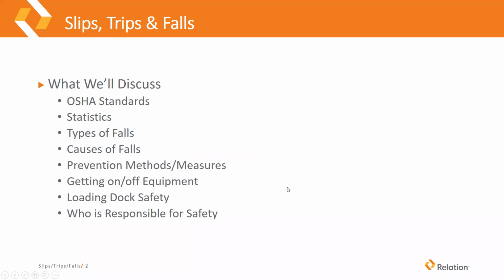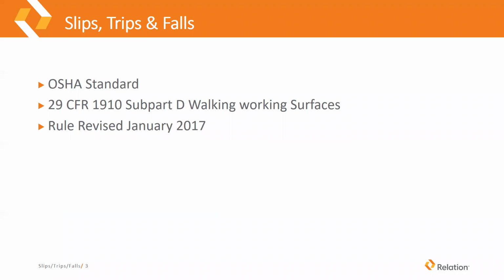All right, so we're going to discuss the OSHA standards, some statistics, types of falls, causes of falls, prevention methods and measures, getting on and off equipment, loading dock safety, and who is responsible for safety that surrounds slips, trips, and falls. All right, so the OSHA standard that governs slips, trips, and falls is 29 CFR 1910 subpart D,